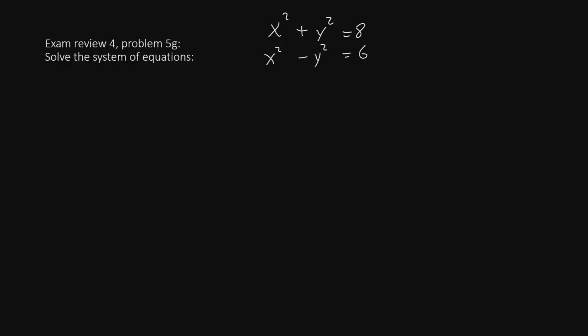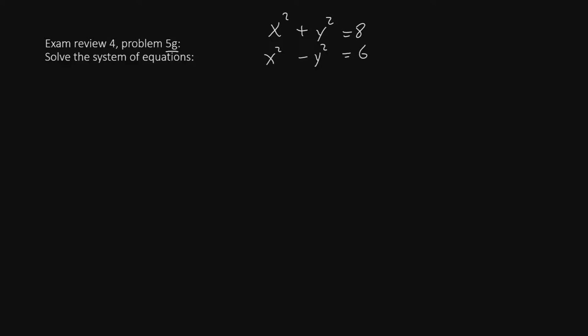This time we'll be doing problem 5g, where they give you this system of equations that has x squared plus y squared equals 8 and x squared minus y squared equals 6. This is going to work a little bit differently from some of the other ones because you've got squares on